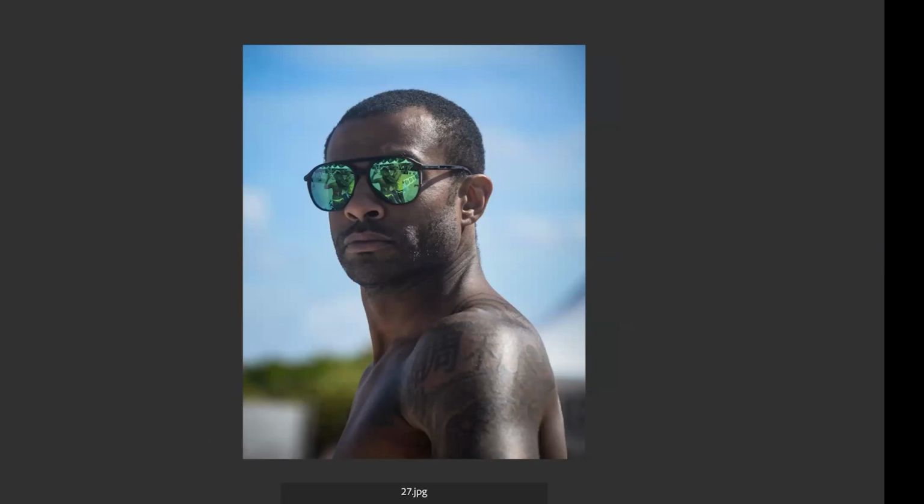I love the best, like what's going on in the glasses. That's very interesting. And I don't even know how you're not in the photograph. Why don't I see the camera?